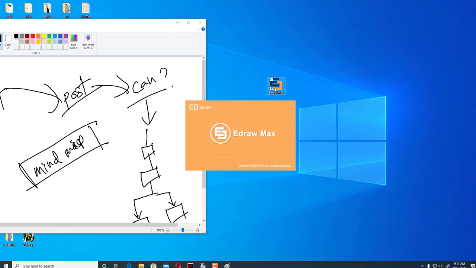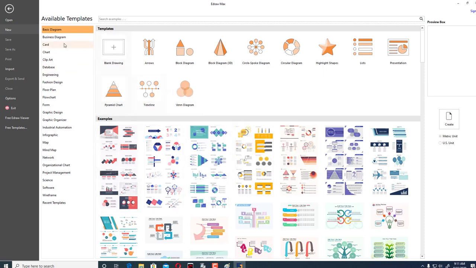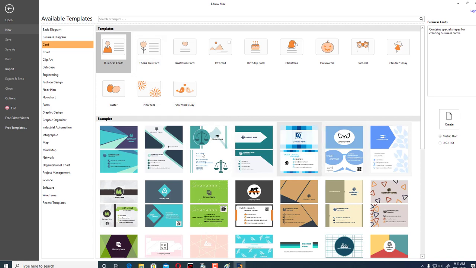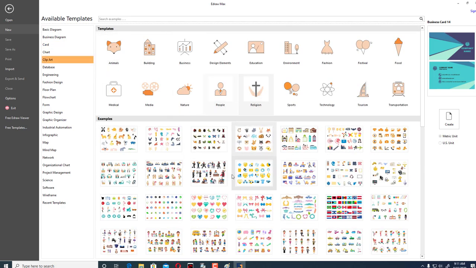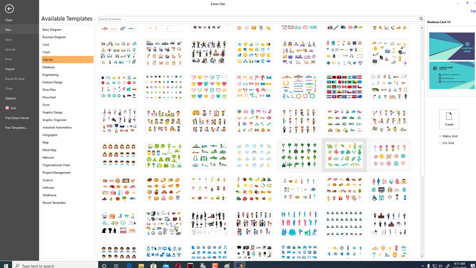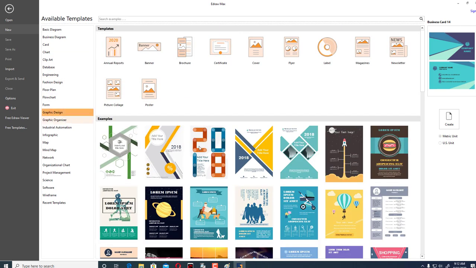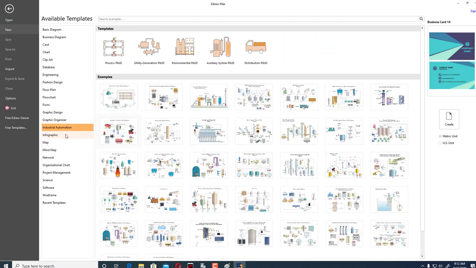There is actually a trial version, okay. So see, you can make a business card here. Very important thing, you can make lots of business card examples, take examples here, and lots of clip art here. You can create and upload your own clip art when you are drawing or illustrating something, okay. And one very important thing, graphic design here, an organizer, industrial automations, infographics,